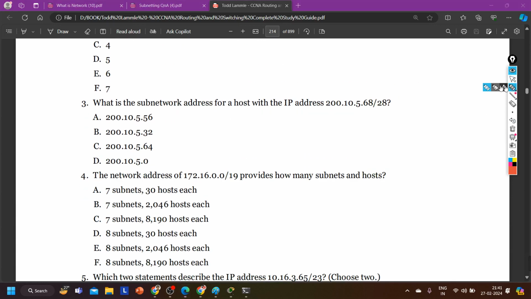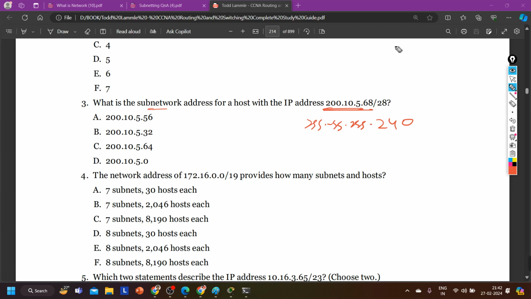See here, next question. What is the subnetwork address for a host IP address? First of all, tell me guys, is it a valid IP address or not? Okay, before that tell me the subnet mask. Subnet mask will be 240. Okay,